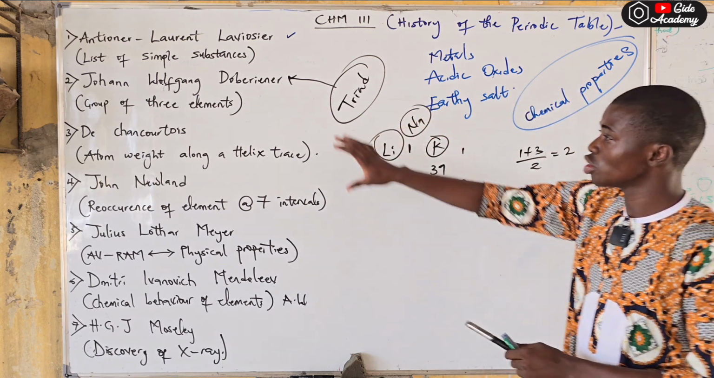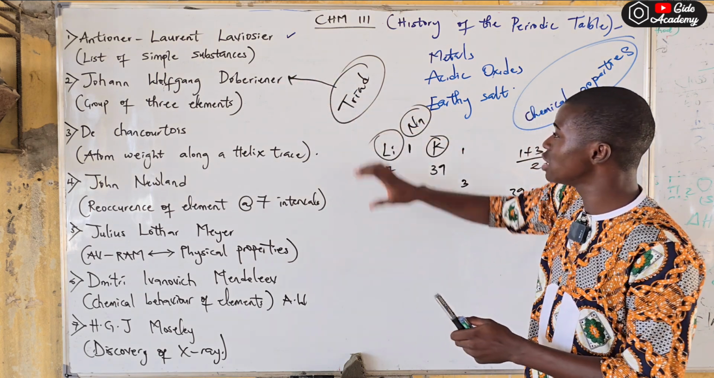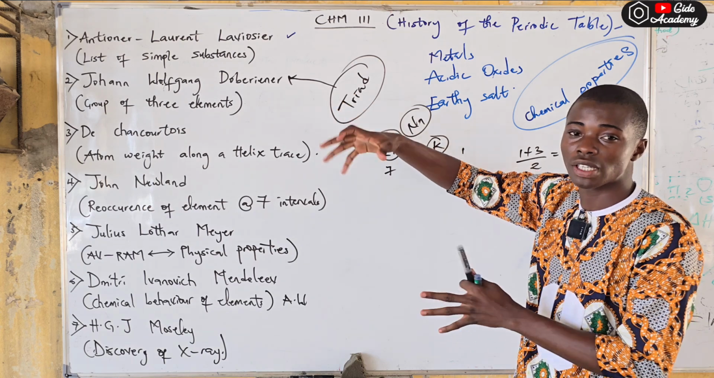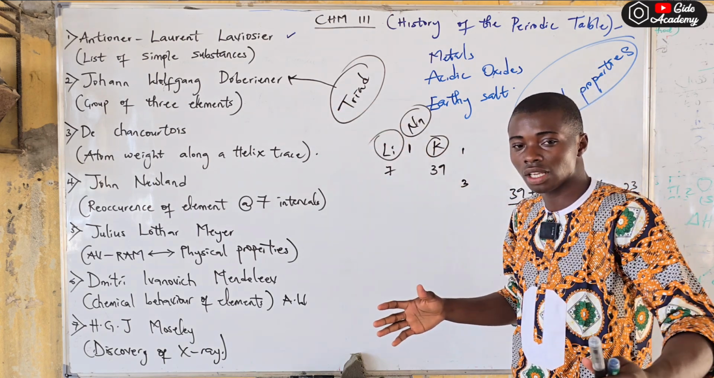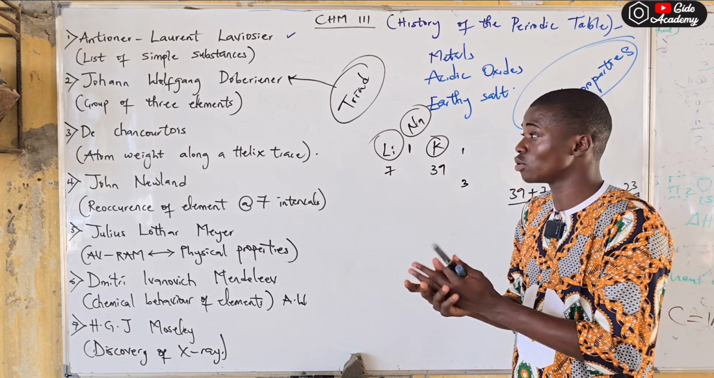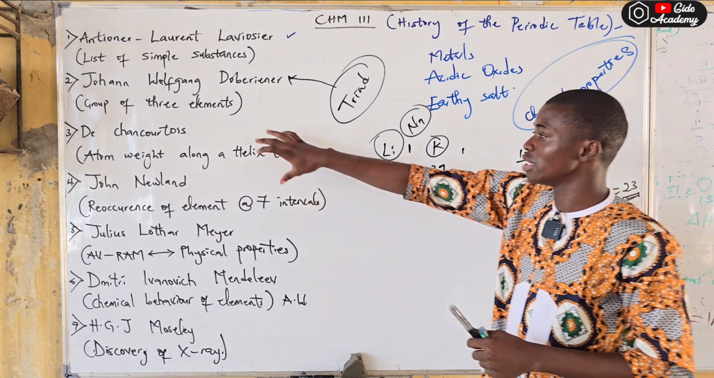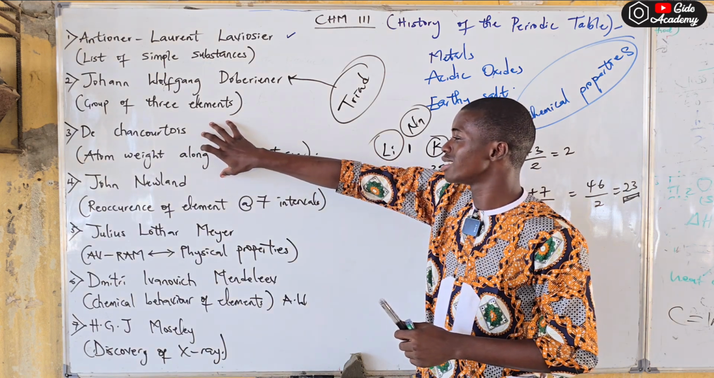So this was Johann Wolfgang Döbereiner's classification. He classified the elements using triad. Triad simply means a group of three elements that have the same chemical property. So we pick the first element, pick the third element, and divide by 2 to give us the second element. The third person that classified the elements in the periodic table is de Chancourtois, and